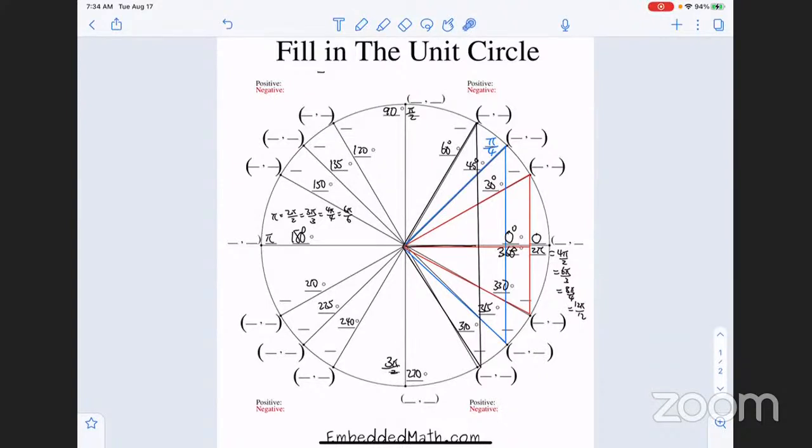Now count them. From here to here is pi over 4. From here to here is 2 pi over 4. Well, 2 pi over 4 is also known as pi over 2. When you get to here, it's going to be 3 pi over 4. Okay, 3 pi over 4. And then here is going to be